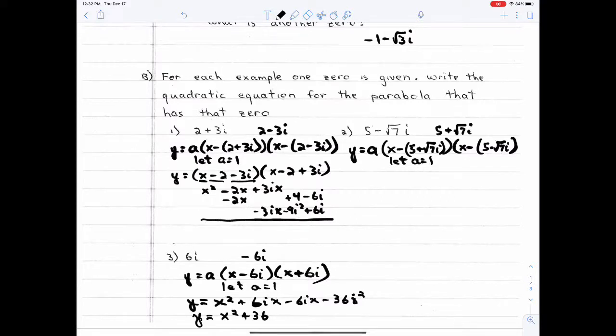And now let's combine them. Y equals X squared minus 4X. Notice the 3iX's go away. 4 plus 9 is 13. And then the 6i's go away. All right? Now,